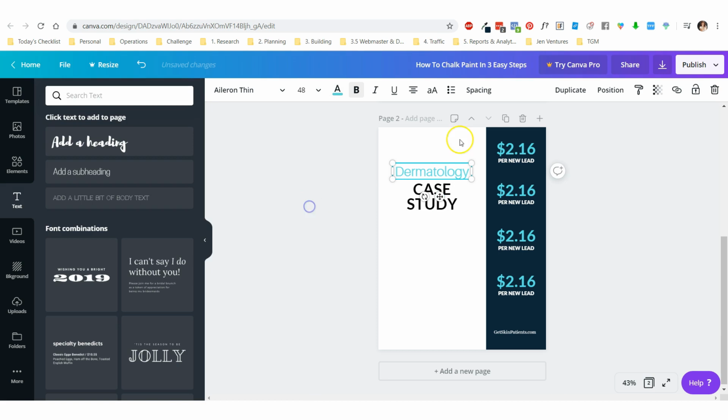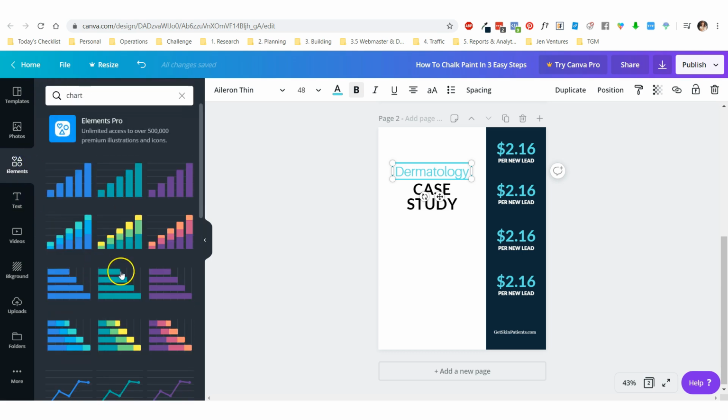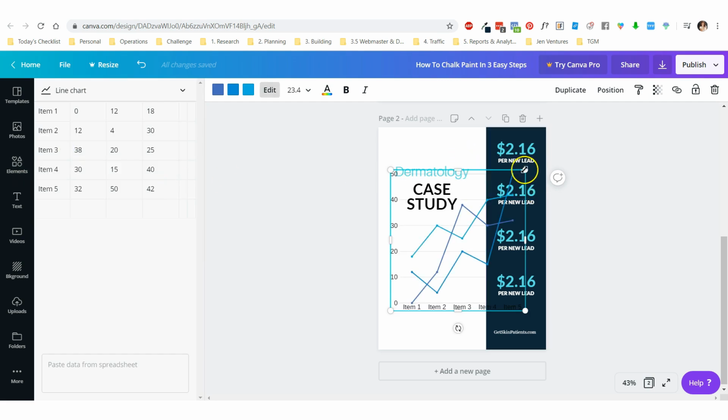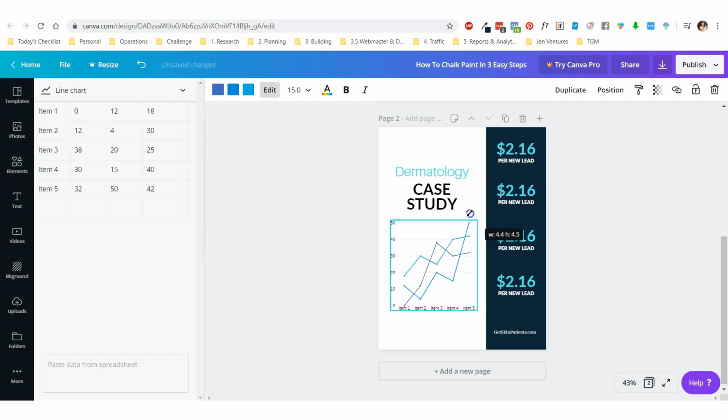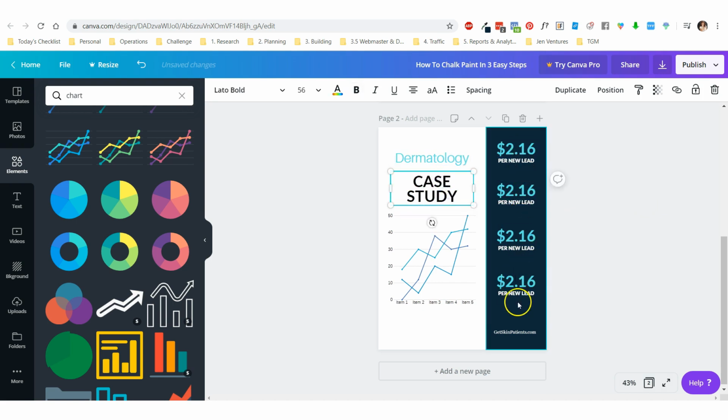dermatology case study. You could put an image from like chart, right? You could just go to elements and type in chart and grab something that already has some colors in it, right? So let's just continue on with this as our example. I know I haven't filled out the things on the right, but just to show you how easy this is,